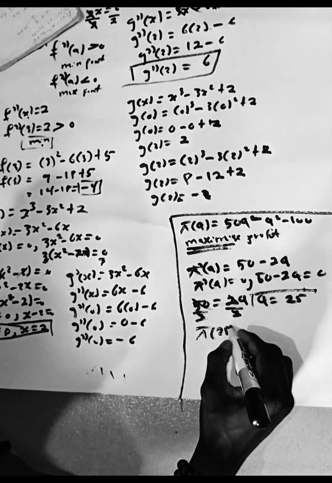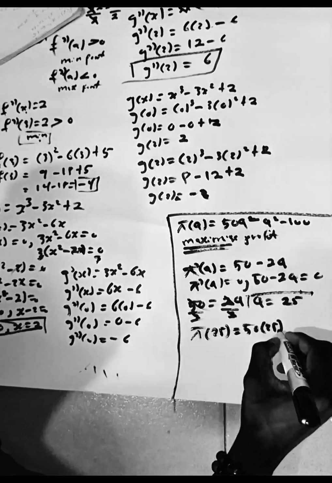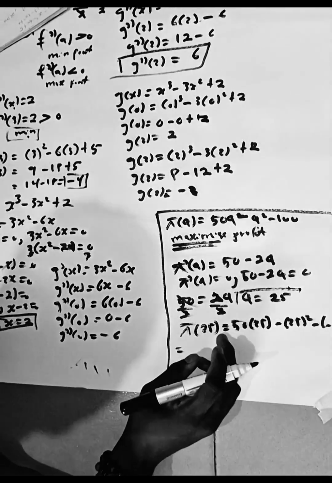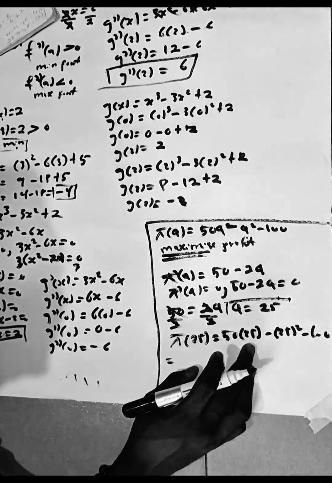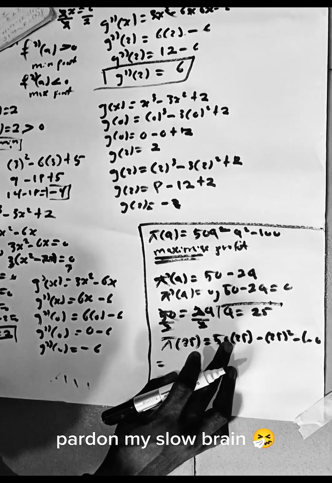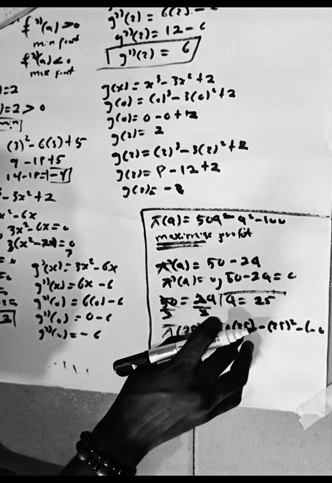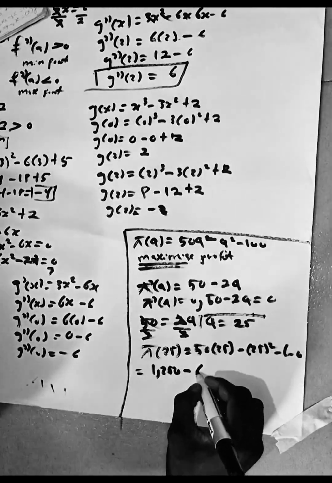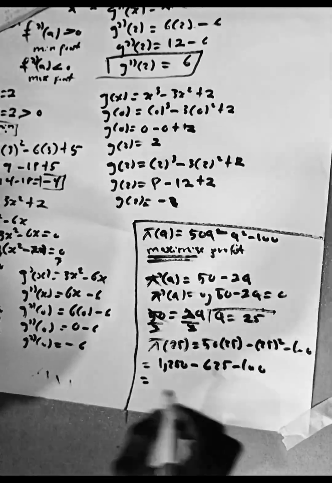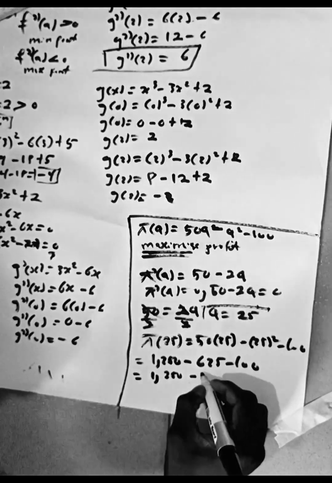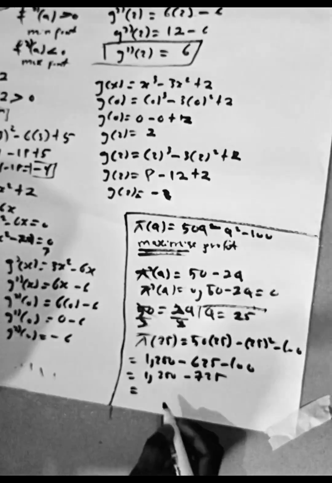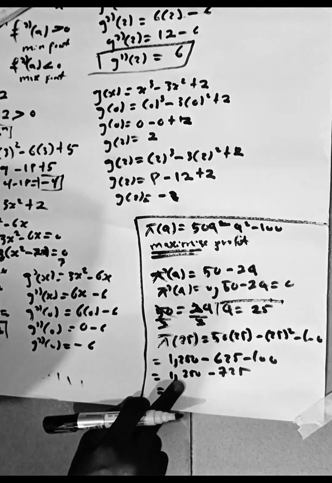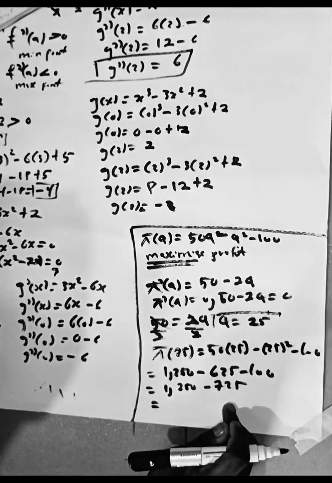So pi of 25 is just going to equal 50 times 25 minus 25 squared minus 100. So that's going to equal 50 times 20, that's just going to give us 1000. Then 50 times 5, that is 250. So we have 1250 here. Minus 25 squared, just 625, and minus 100. So pi is just going to be 1250 minus 725. So the maximum value of the profit is just going to be 1000 minus 700, that's 300. Then that's 300 plus 250, we have 550. 550 minus 25, that's going to be